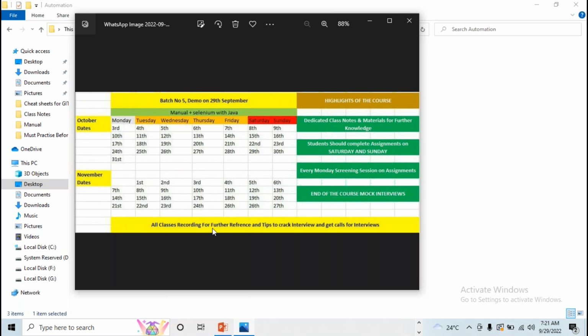Okay, no problem. I have a doubt. Is it a 2-month course, starting from 3rd October to 27th November, or is it 1 month? It's 2 months, right? Here you can see October, November. And after completion on 27th November, if there are one or two extra classes, they will be to take the mock interview. Okay, it's a 2-month course.